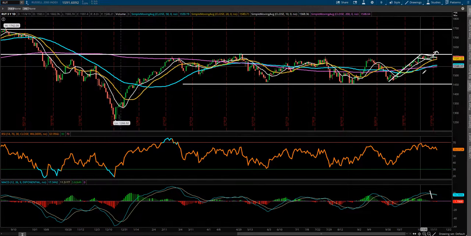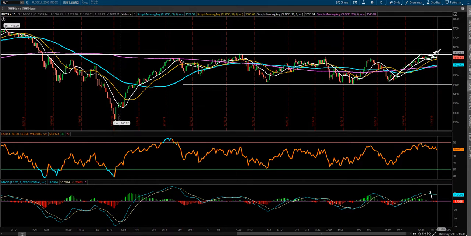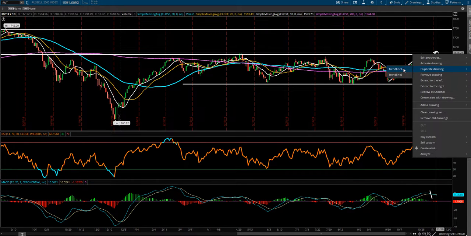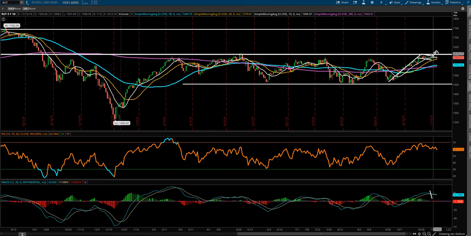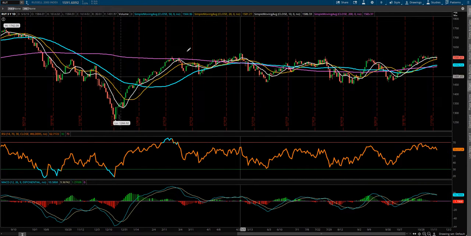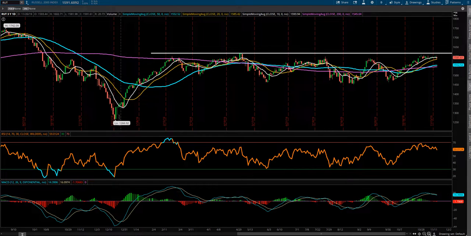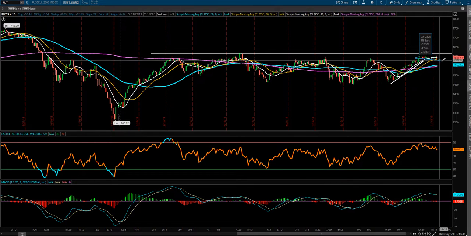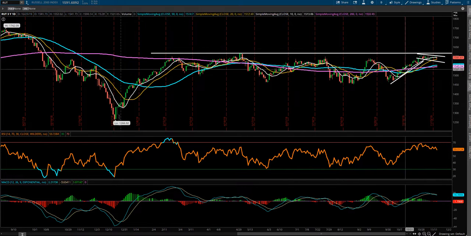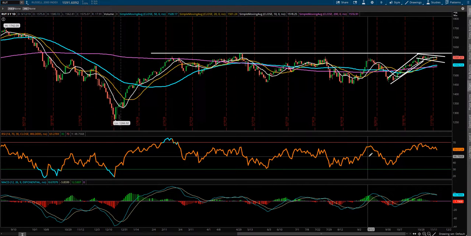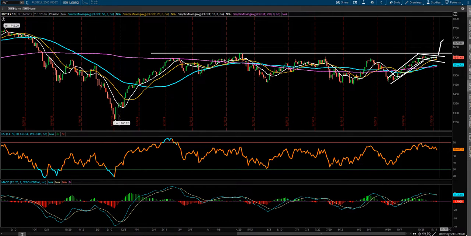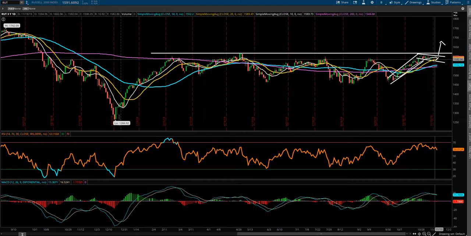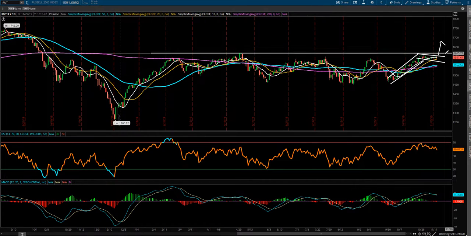So if you notice kind of what I've drawn on here, we have the potential for this being a... I'll clear all these drawings out for one second and redraw it so you guys can see it. We have that major resistance that we've talked about right here. We have moved up now for the last two months, and then we have started to base. And if you look at what that potentially looks like, that is what a potential bull flag would look like if it were to break out of the top end of that zone. We would have that potential to have that move to the upside.